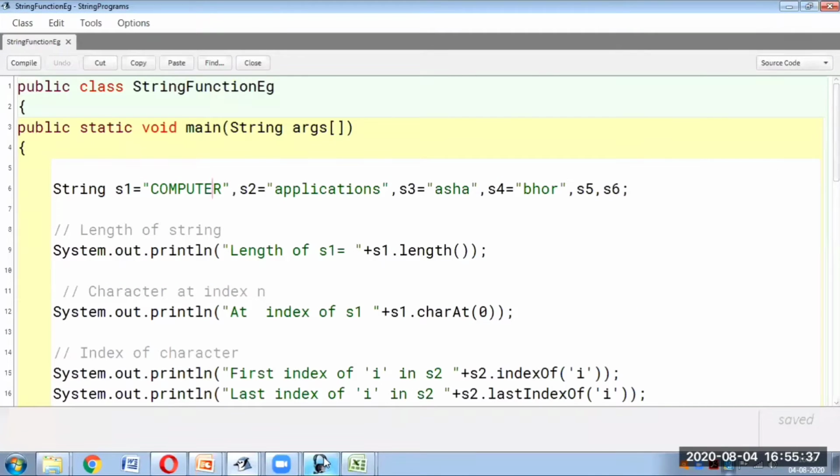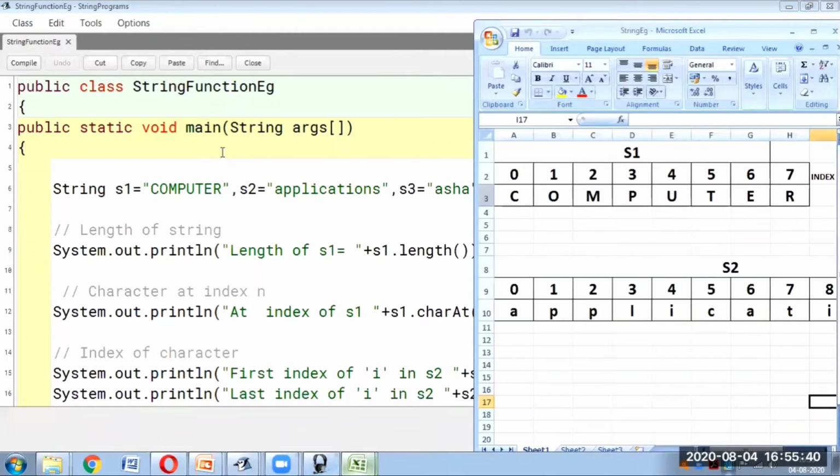So if you see here, s1, how it will be stored. Here computer is there, and it will be stored like this. Index numbers will be from 0 to 7 because it has 8 characters: C O M P U T E R. So if you count the number of characters, it will be 8 characters.